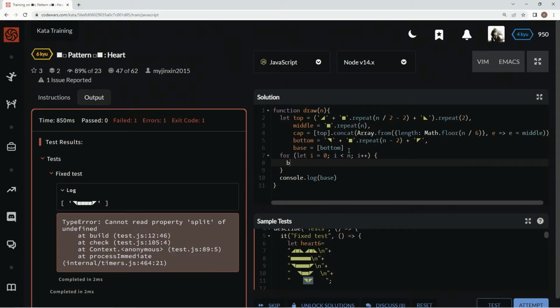And then what we're going to do is we're going to say base dot push. Yeah, we're pushing it in there because we're keeping this one, and we're keeping this one, and then we're going to make this one. So we're going to say push bottom equals,